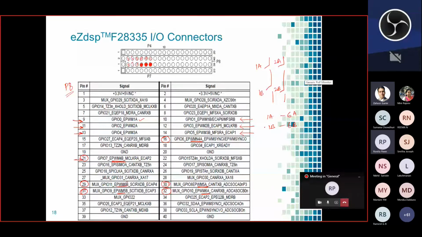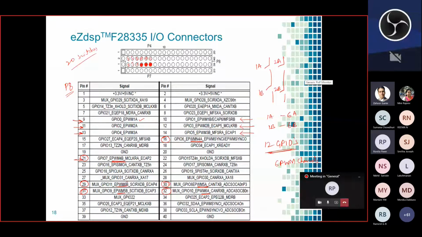So in total 12 GPIOs, 6 channels, 6 PWM channels dedicated for EPWM, and in 6 PWM channels you have 12 GPIOs. As we have total 12 GPIOs here, this is not sufficient in our case because we had total 20 switches,